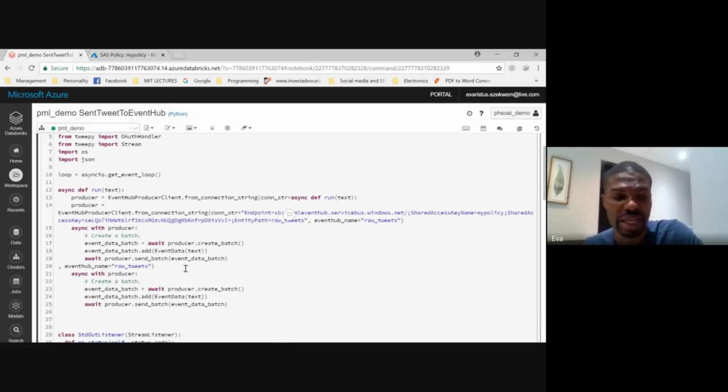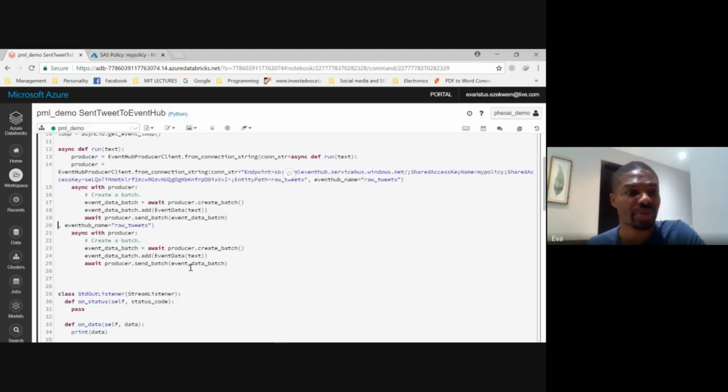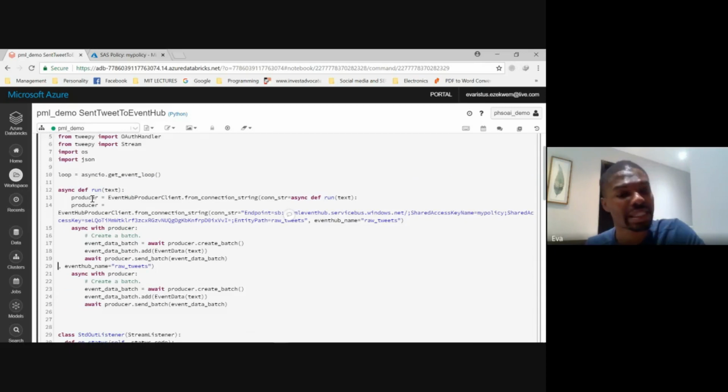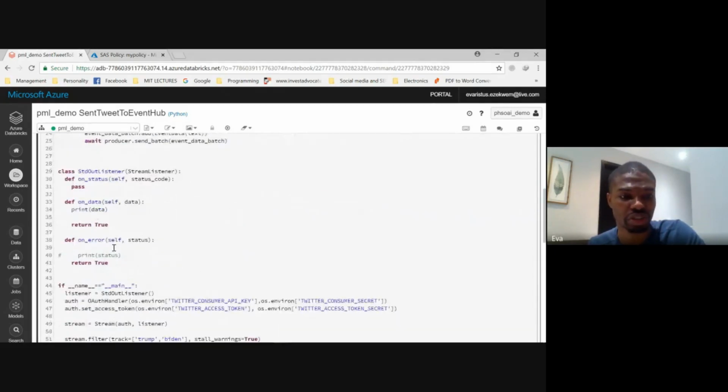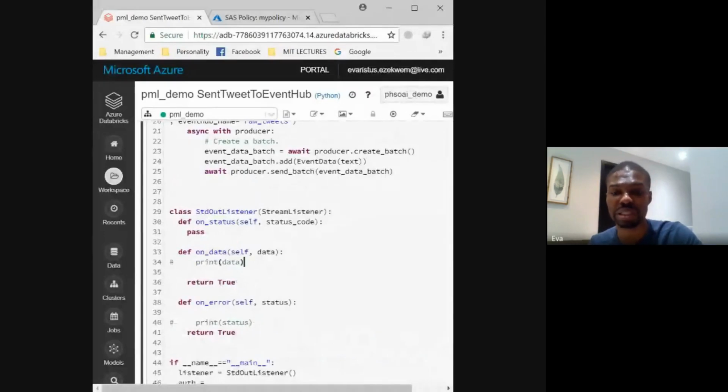So once we have this done, now the next thing we are going to do is then to connect this function to the onData function. So onData is what happens when a new tweet is received. So far, we're just printing it out. But in reality, what we want is when a new tweet comes in, we want to send it to the event hub. So onData, we just want to